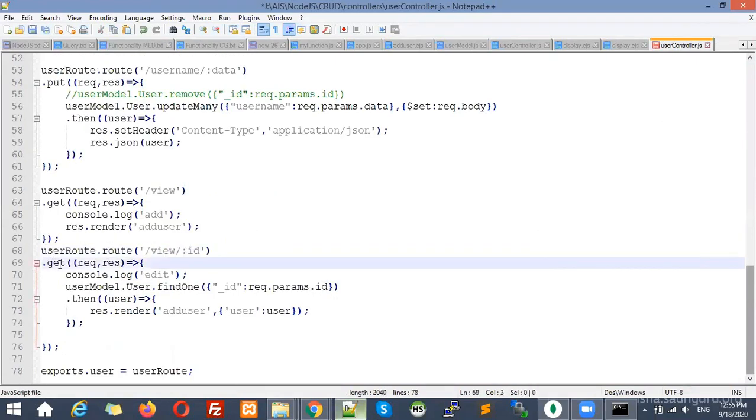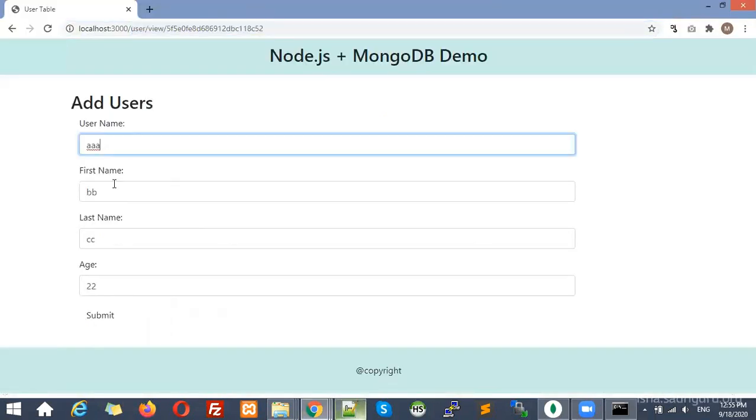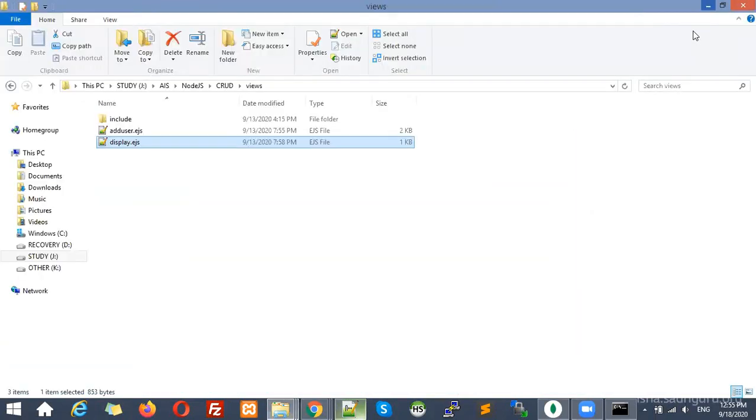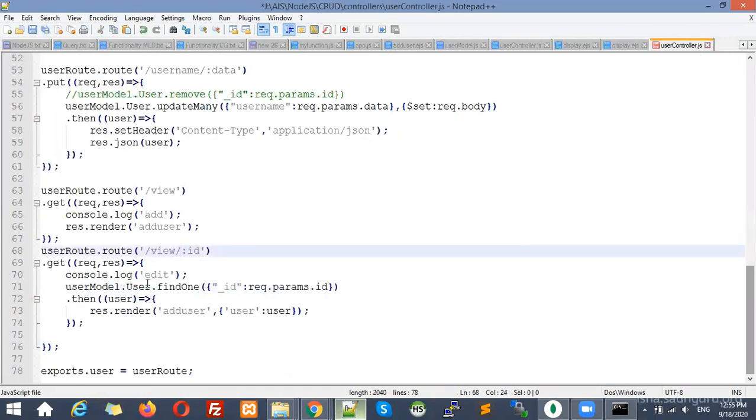So what will it do? It will use user model dot findOne. From the database, it will find the record. Which record? Whatever ID this one is. Because once I click on edit, I need to fill up all this data, and to fill up all this data I require the record of that data. That record is available over here using this method, findOne. Here you can see, we want to search one record from the user table with an ID. Which ID? Whatever ID we have passed from here.